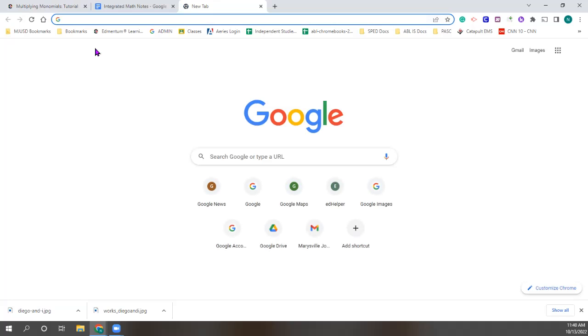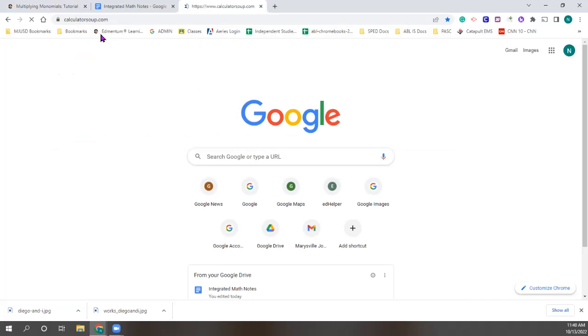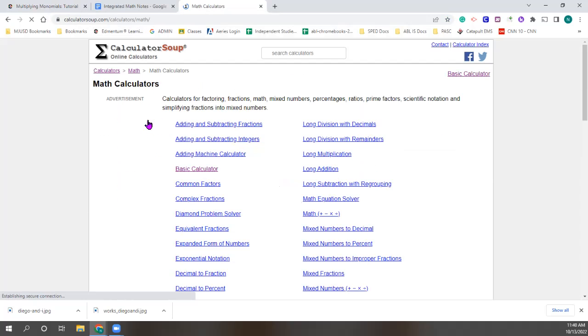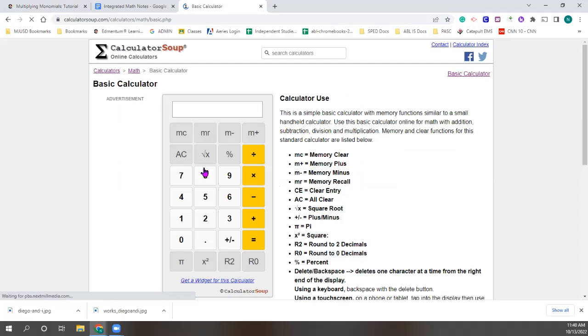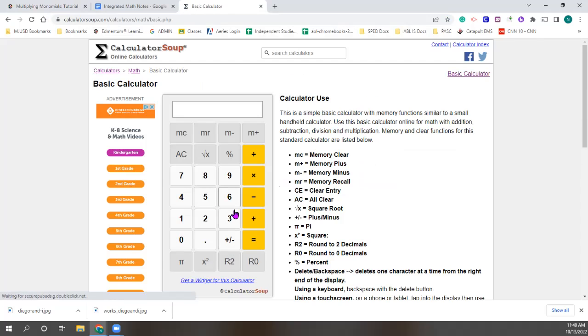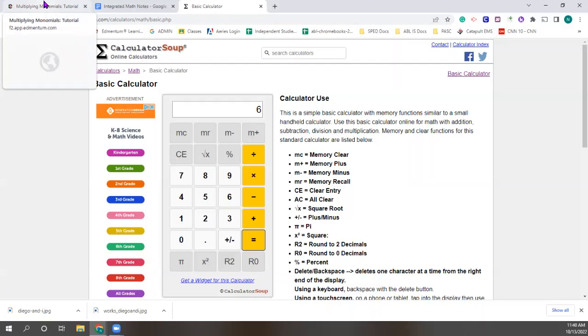Let's double check that on calculator soup. General math, basic calculator. -2 multiplied by -3 equals 6. When in doubt, figure it out. Use these calculators for this stuff. The worst thing to do is to get an answer wrong because you didn't use a calculator and get a simple